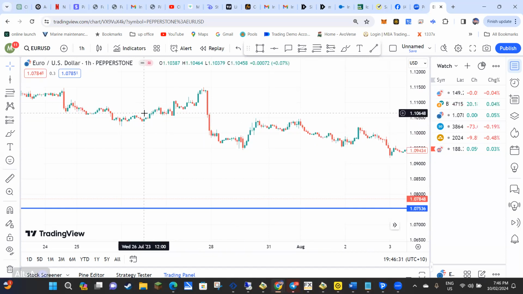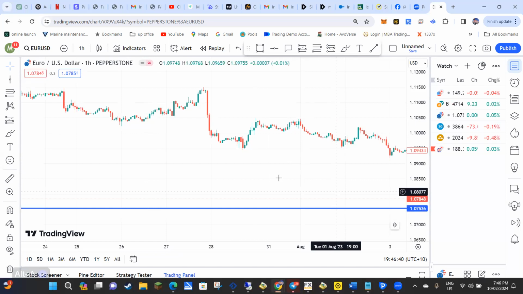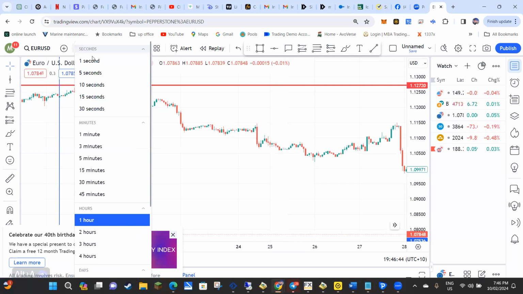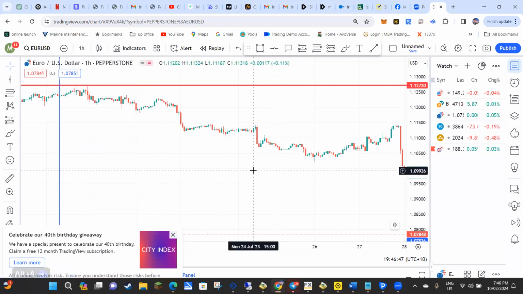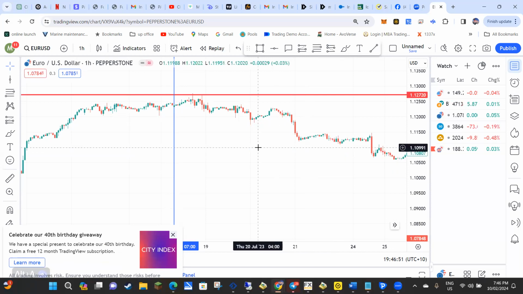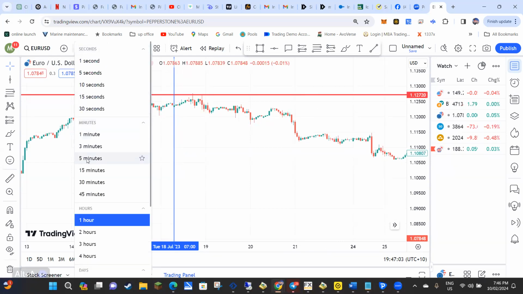The reason we're not trading as the market goes up is because we've already identified on the higher time frame that the market's most likely going to continue down for a fair way. And so we'll get into all that in a lot more detail, because there's a lot to do with it. But the real difference between the higher time frames and the lower time frames is just what it sounds like. Each candle at the moment is 1 hour. When we jump right down to a 5-minute time frame,